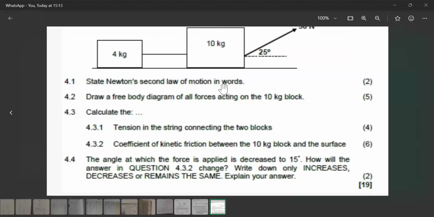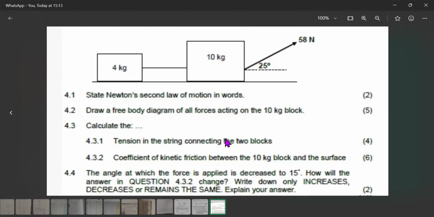So the last one says, the angle at which the force is applied is now decreased from 25 degrees to 15 degrees. How will the answer that you calculated in question 4.3.2 change? In other words, how will the coefficient of kinetic friction change if the angle of the applied force is now decreased? Well, you'll tell them that the coefficient of kinetic friction will